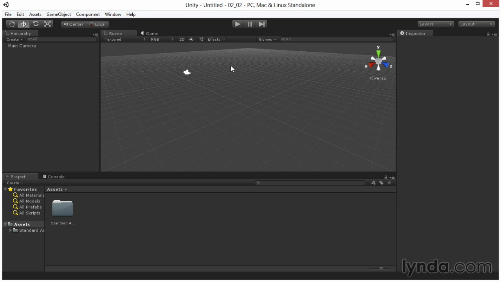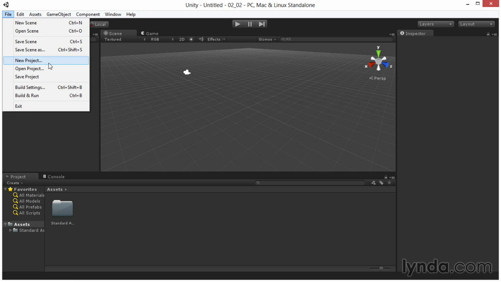There's also no scene yet. A scene is within a Unity project and can be a level or a piece of a level. It's where the actual gameplay will take place. It allows us to keep within that project different parts of our games organized and open or transition between as we need. I'll click on File, and we can see that I can save a scene and save a project,